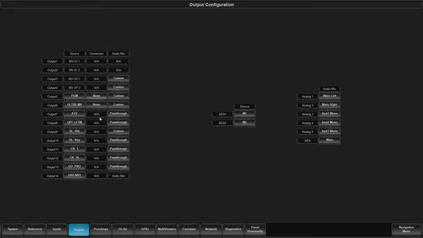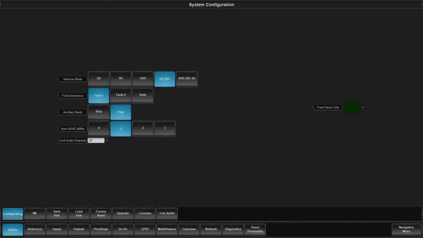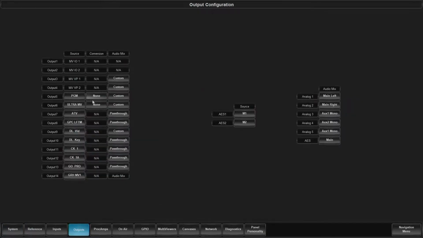However, do note that depending on which mode you're in, if you're in the HD sample rate converter mode, then when you come to the outputs, only your first two outputs will have conversion and color correction proc amp available to it. The rest of the outputs are unable to provide this processing because those resources have been used to create the sample rate converters.